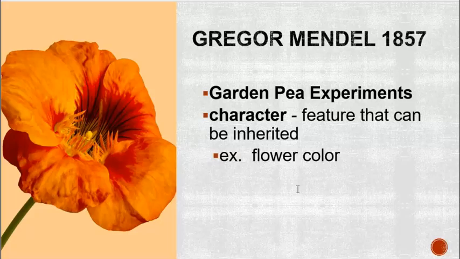Today we know that if something is passed on from one generation to the next, it must be passed on through the DNA, because that's what's passed on in the gametes, the egg cells and the sperm cells, right? If you think back to meiosis, we talked about having alleles, where these alleles are passed into the daughter cells that are formed. So we're going to look at the character of flower color